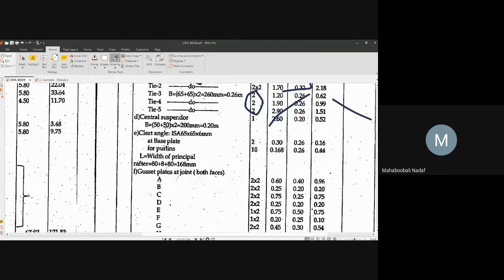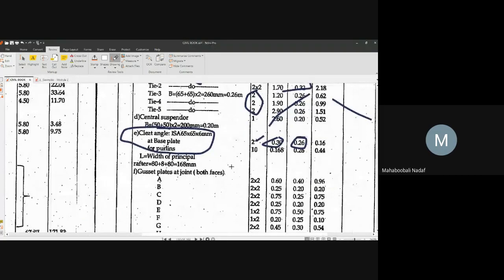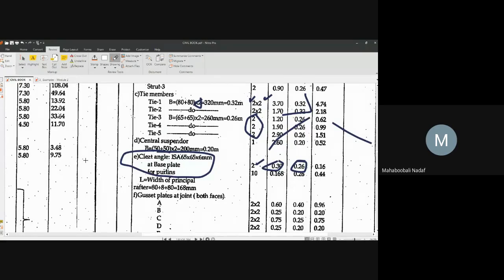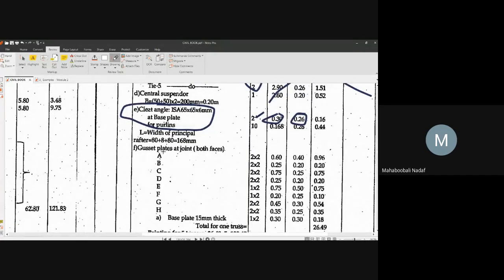Now, in this cleat angle, whatever dimensions we have calculated, 2 numbers are there for base plate, 0.3 by 2.26. You can see it from this one. In the main exam, these many items may not be given to calculate. Only some items like a steel calculation will be given, because all this will become more than 40 marks. Only half of the problem will be given, because it will take too much time. Now for gusset plate, what is that gusset plate? Whether this step is clear for everyone?